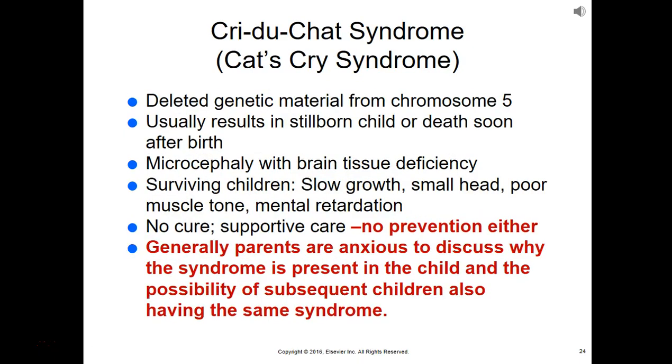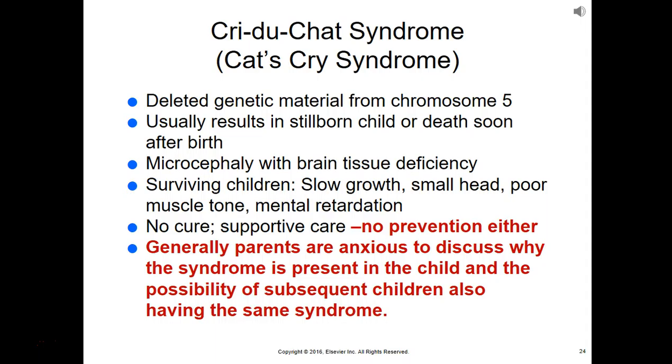Cat's cry syndrome is Cri-du-Chat syndrome. It involves deleted genetic material from chromosome 5, and usually results in a stillborn child or death soon after birth. Microcephaly with brain tissue deficiency is commonly present. Babies with Cat's cry syndrome that survive typically have slow growth, small head, poor muscle tone, and mental retardation. Unfortunately, there is no cure,